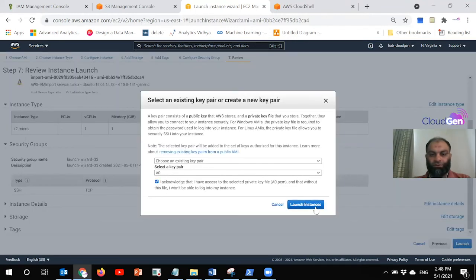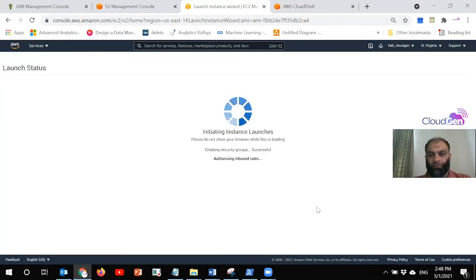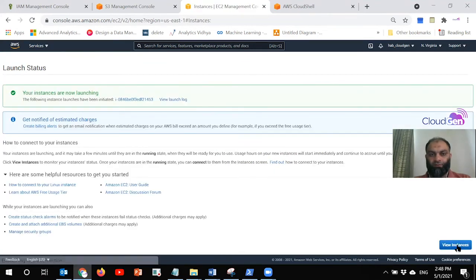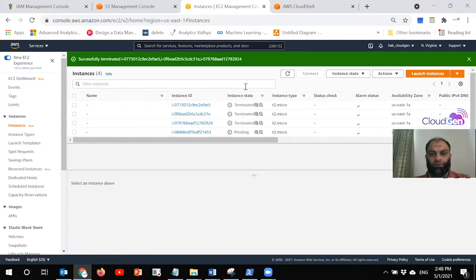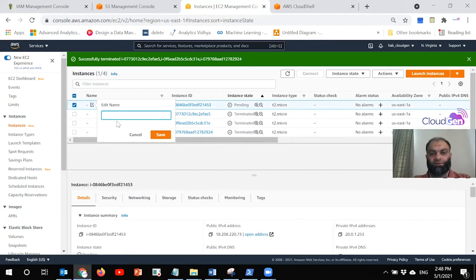I use the existing key here. If we go there, we will see that our instance is now spinning up. We call it EC2-VM.